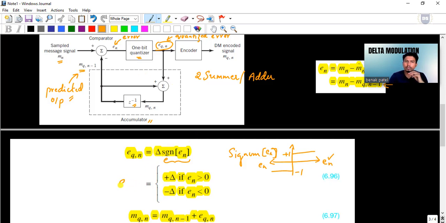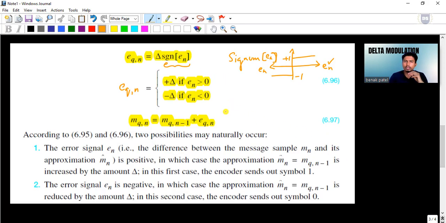So this quantized error output is equal to either positive delta if En is greater than 0, and it takes on value negative delta if En is lesser than 0. So this is what we are supposed to know.